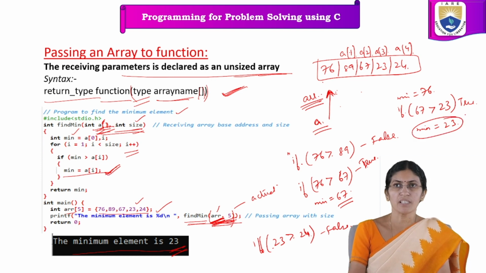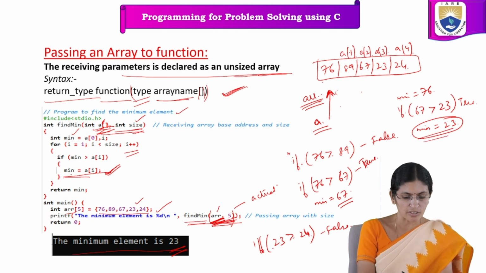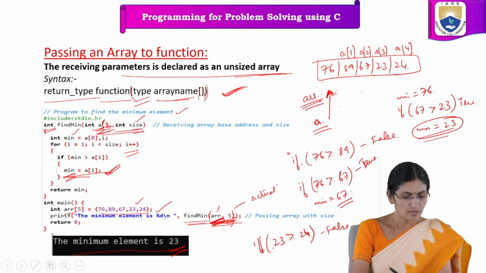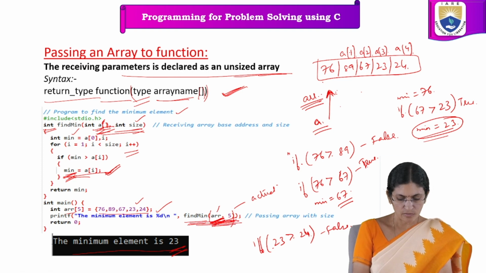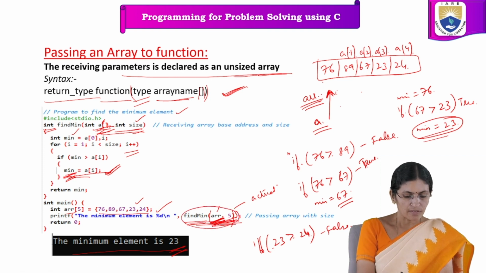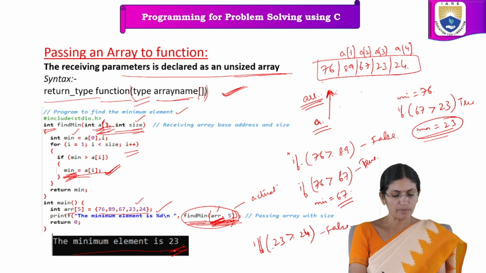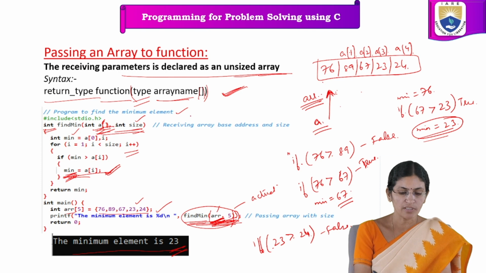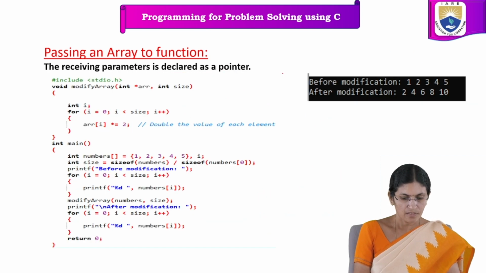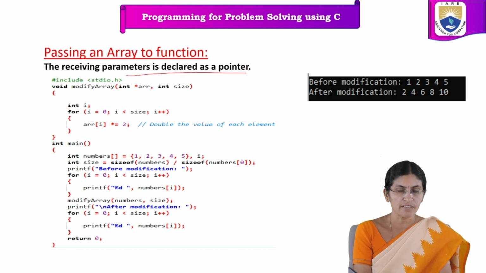So the value in the min variable is 23. This is an integer type. The value in min is integer type, so therefore the return type of this function is integer. This min variable is printed here. So the output is the value of min. The minimum element is 23. In this way, we can pass an array to a function where the receiving parameter is declared as an unsized array. Next, the receiving parameter is declared